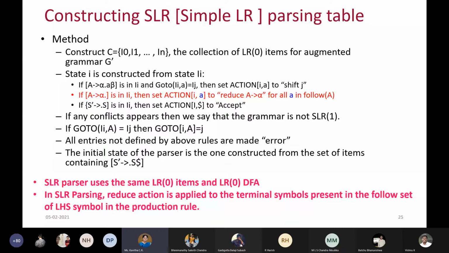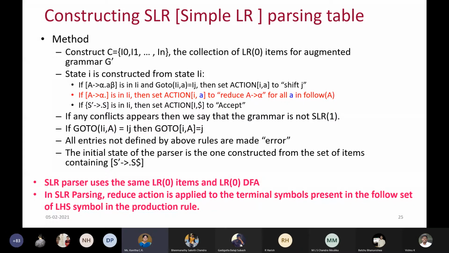Only thing is that there we were applying the reduce action for all the terminal symbols without thinking whether it is suitable or not. But in SLR parsing, we will use the knowledge of the follow set, and only for certain terminal symbols will we apply the reduce action.